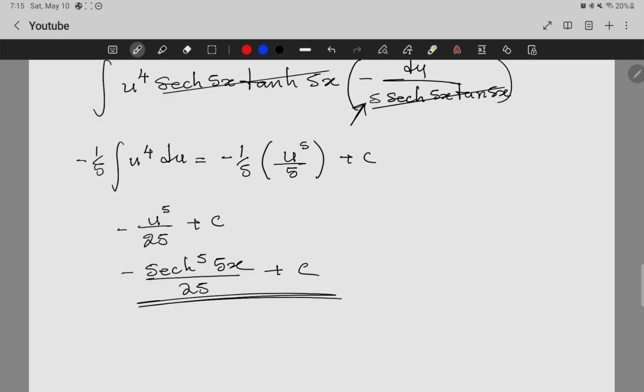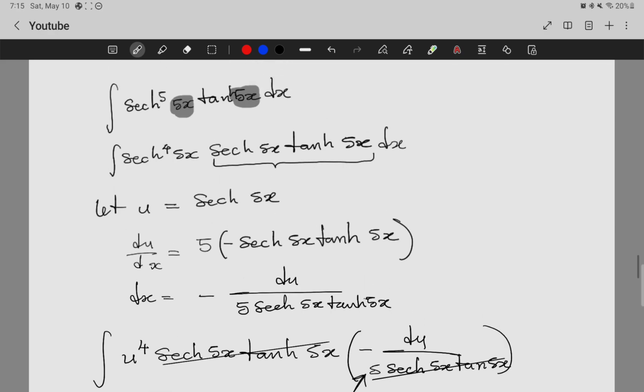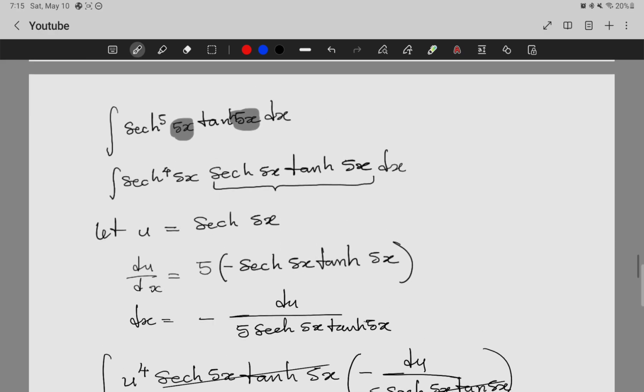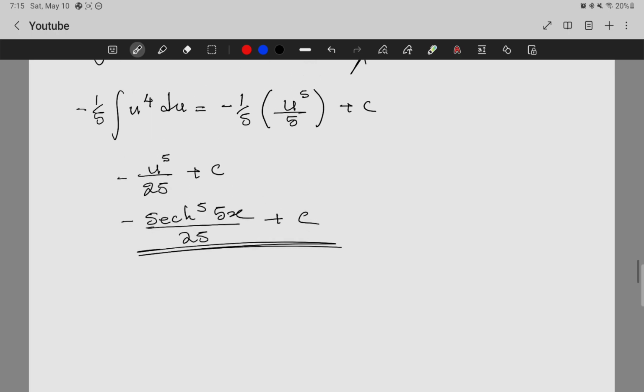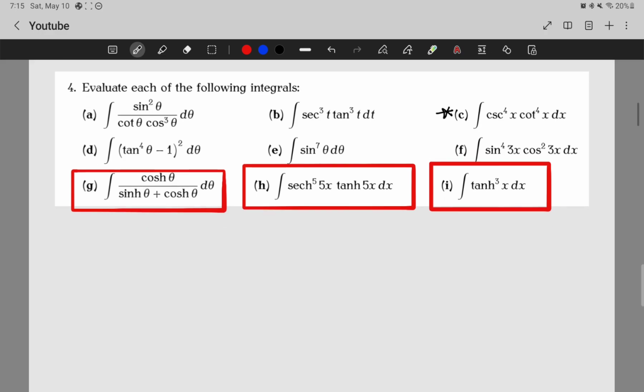Okay, so how did you approach this one as well? Let me know the route that you used. Notice that at this stage, could I have approached it differently? I think I'll stick to this one. It's easy and straightforward. In the next problem, we now want to get the integral of tanh to the power 3x